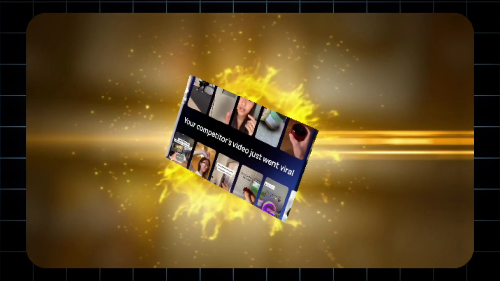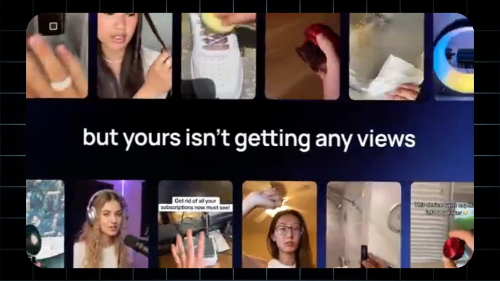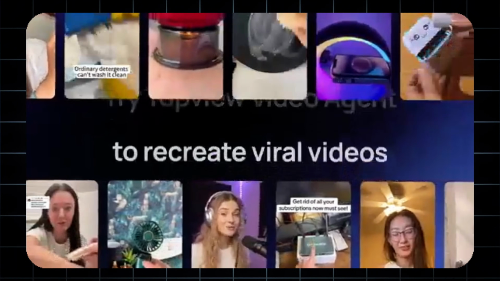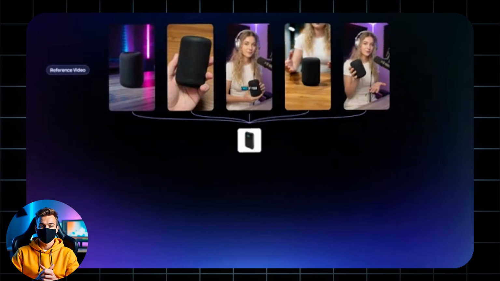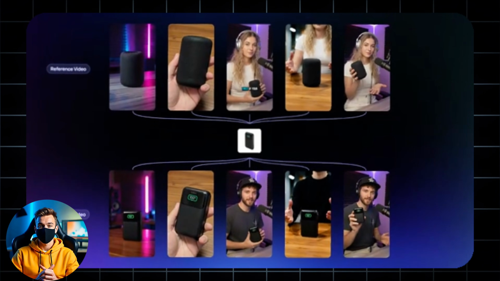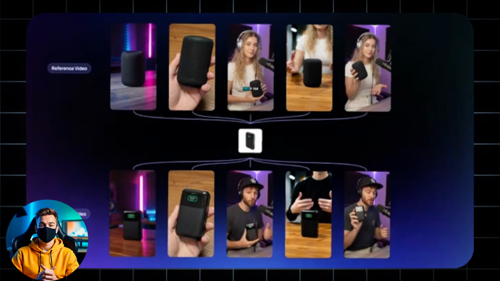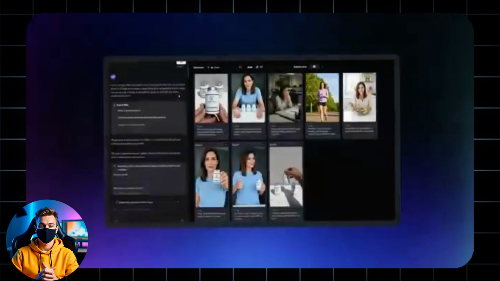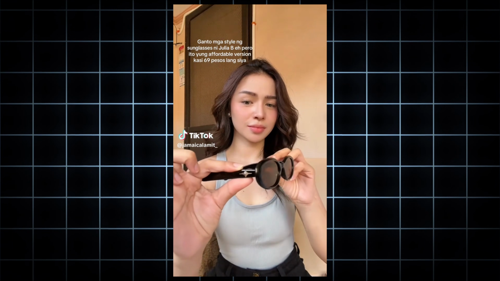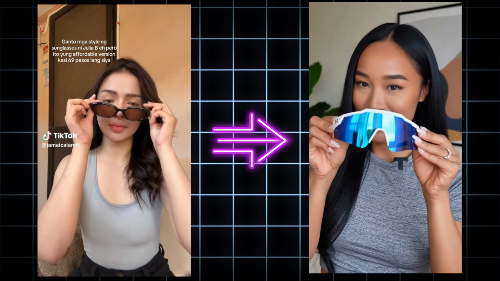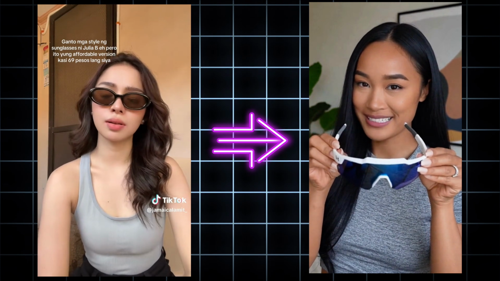This AI has the power to recreate any viral short video with incredible accuracy. In simple terms, provide any viral short video, product image, and a few prompts, and reproduce it for your own brand, maintaining the same style, the same flow, and the same impact, but enhanced with your brand identity and customized improvements. As you can see on the screen, this is the original video, and this is the AI-generated recreation, almost identical,